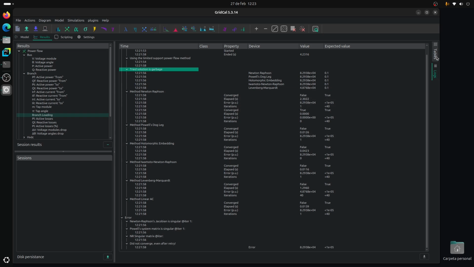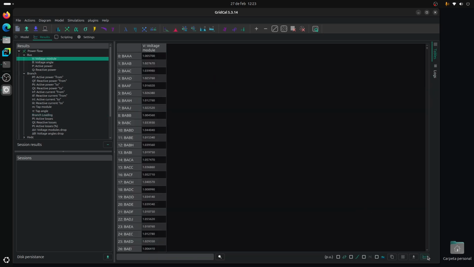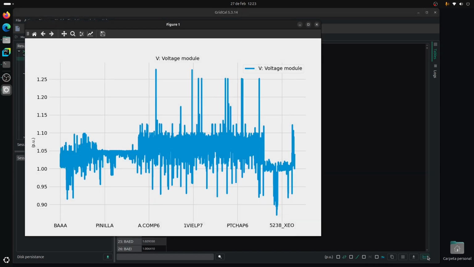Okay, but still, we can plot the voltages and see at least if we like the voltages we see. Well, yeah, they kind of look good. Well, not terrible at least. These ones going to 125 are not great. This one below 190, 090 is not great either. But you know,